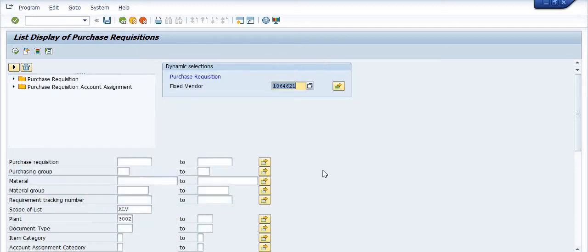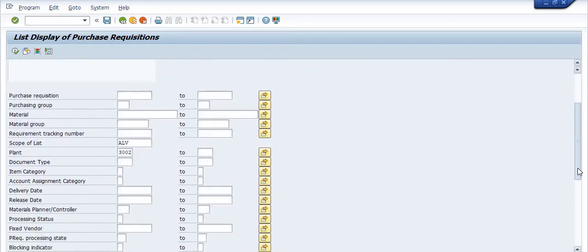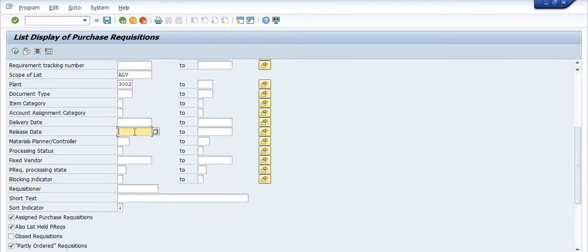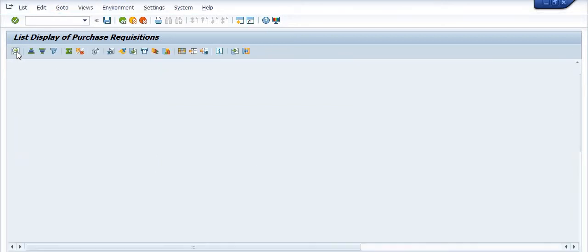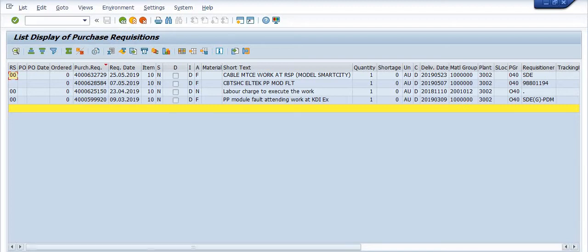I just want to get the purchase requisitions with respect to these vendors in this particular period. So my objective is to get the purchase requisitions with respect to these vendors, so I'm going to execute while filling the data in the dynamic selection.